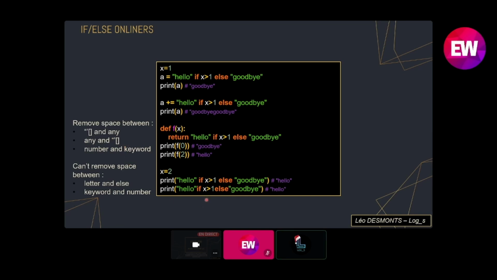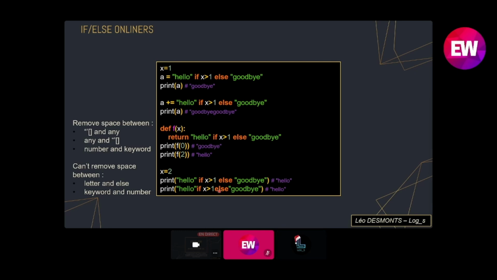And the particular case you won't always think about is between a number followed by a keyword. So it's the case here. I have a 1, it's followed by a Python keyword, and I was able to remove the space. So you have to be careful with that. If you do that, your code editor will probably underline this with a red line, telling you it's a bad syntax, a syntax error. It is not.